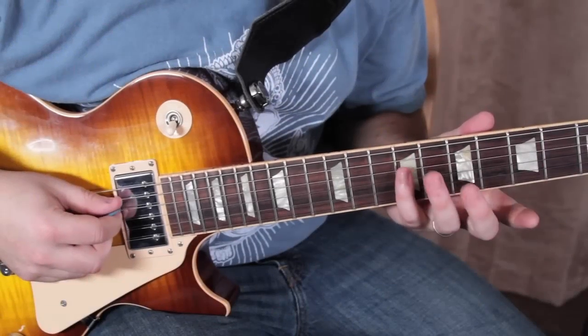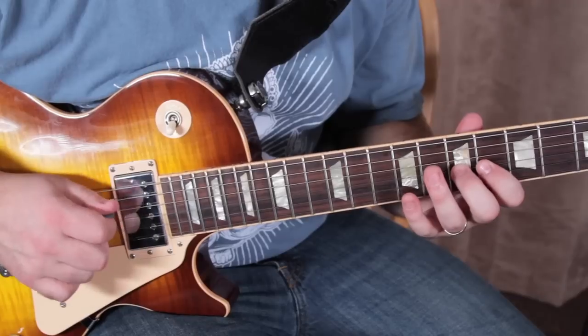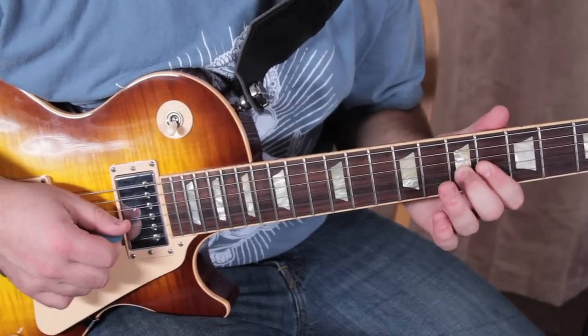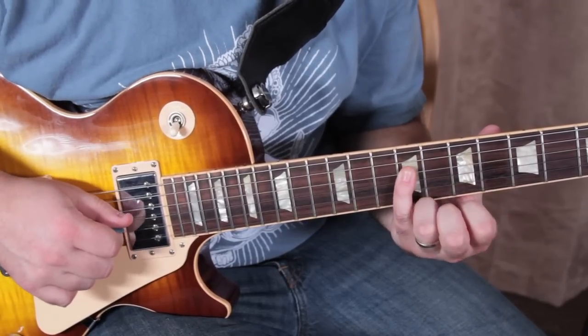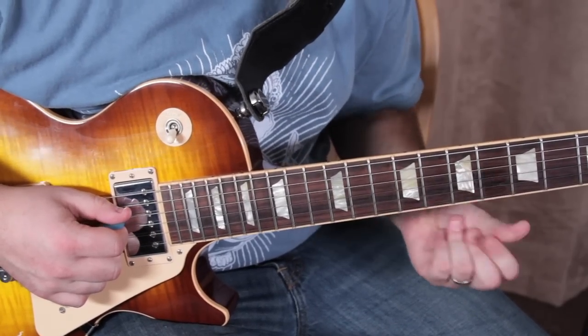So the next pattern, that little phrase, so it's the pinky on the 9, and then 6 on the G, then 7 on the G, then back again, but you make it up to the 9 on the G. So when you put everything together so far, you have...